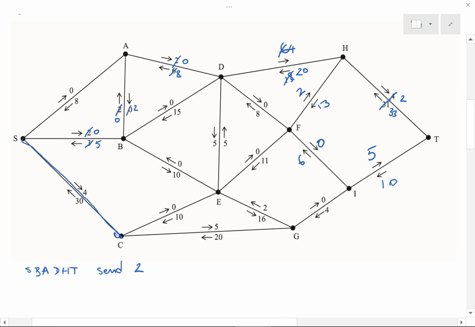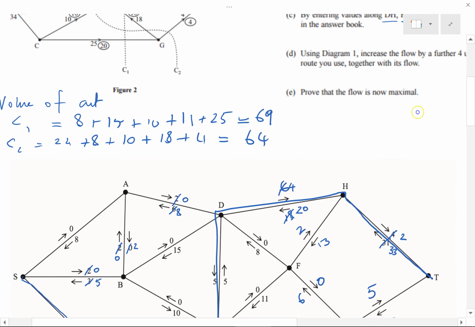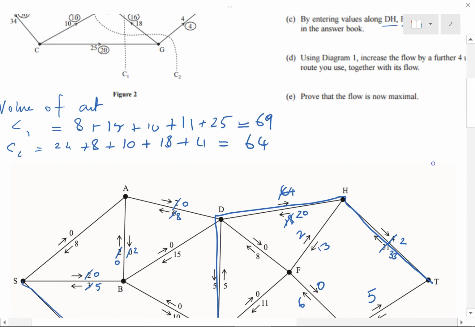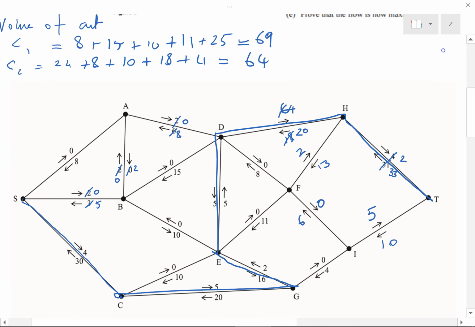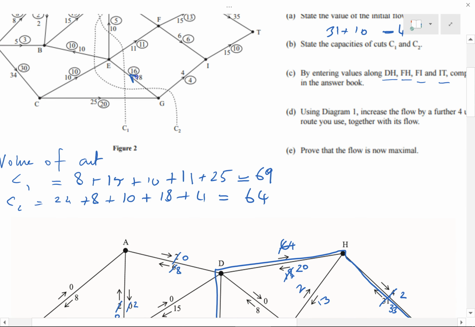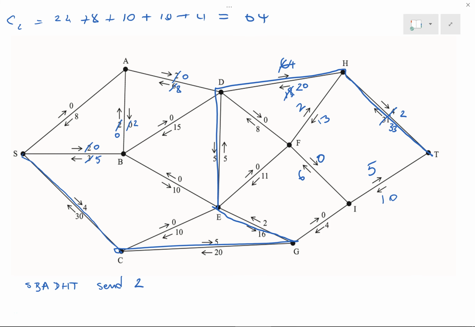S, C, G, E, D, H, T. What I mean by backflow is that if we refer back to the diagram, by increasing the flow in that direction, we may actually, maybe it won't be backflow because of the direction of the original arrow. Anyway, it almost doesn't matter, because so long as we follow the procedure,